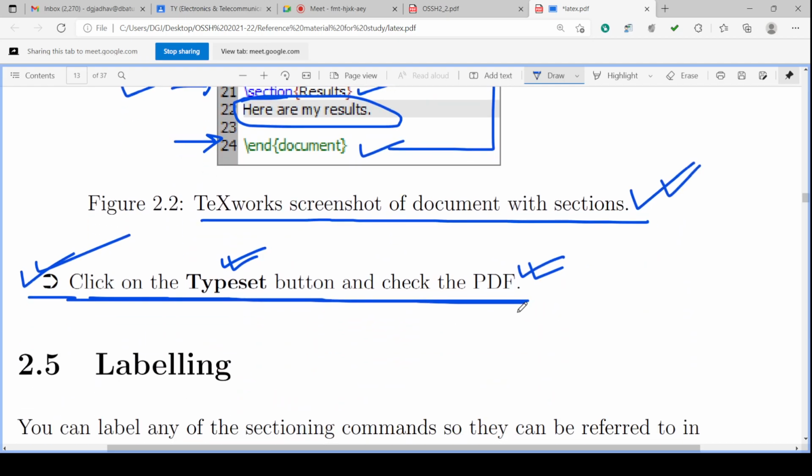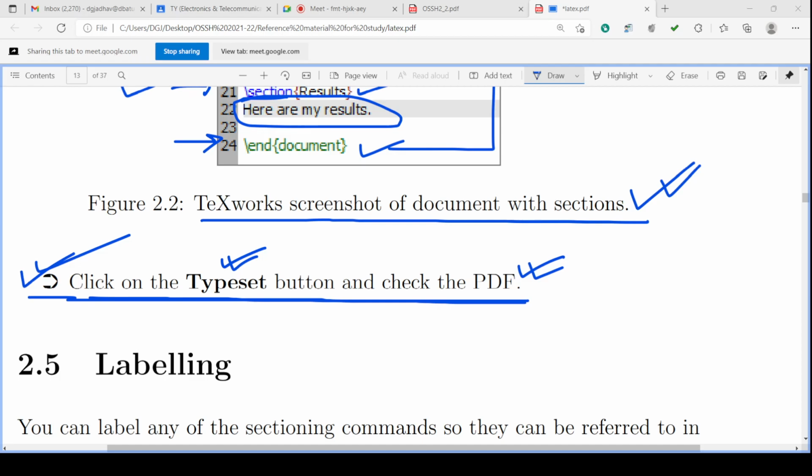So this PDF will appear like this after clicking the typeset button. So these are the very important requirements of the document. The document requires the title, and the document requires the sections and subsections.